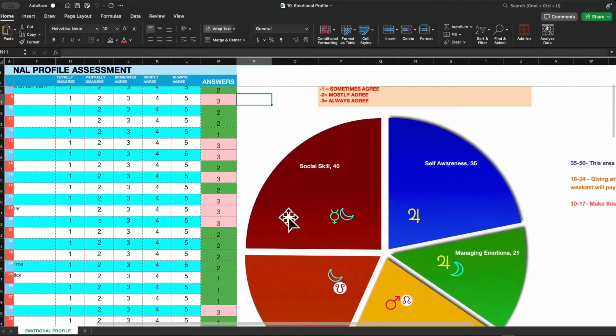So this person has a very high social skill, 40 points. Right? And I'll come to the scoring later on. So Mercury and Moon. Why this funny combination of social skill? Moon, Cancer, 4th house is all about your immediate surroundings. Okay? Mercury, Gemini, Virgo is all about where you're working and you're connecting with your friends, your siblings, your neighbors, and etc. etc. So both these planets, again, in one another's houses, Moon in Virgo or Gemini,